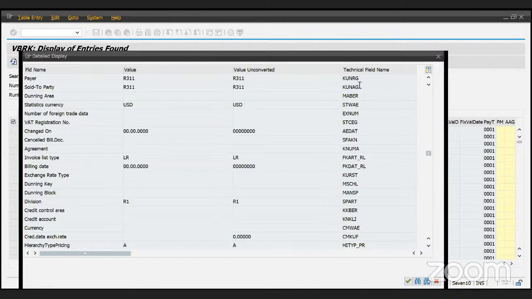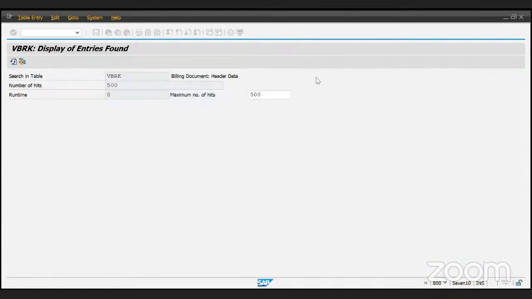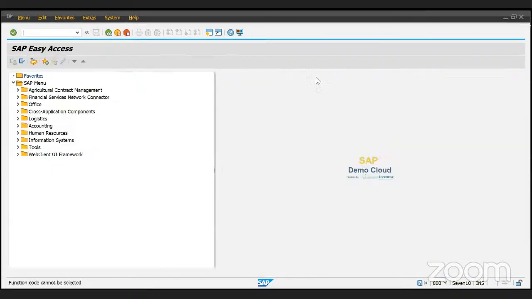See, they are maintaining some value for Konark, R311. And this is also the same. See, both the fields have the same value. So we will use the KUNRG field only in our smartform. Let's go back to the smartform. Let's cross verify this value in